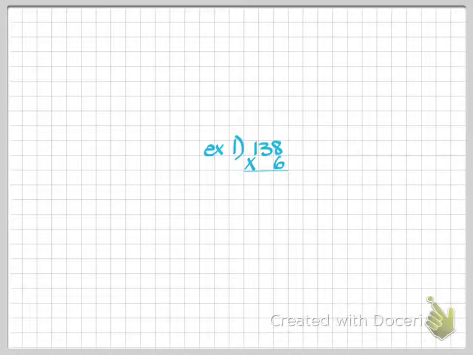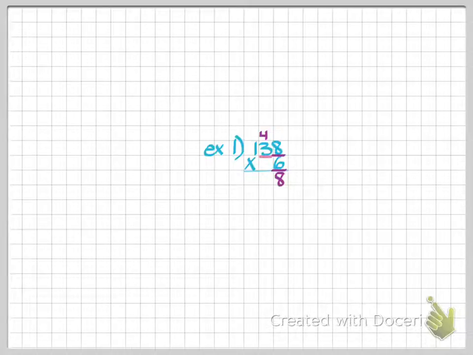All right, so now I'm going to step through how I would have hoped that you would have addressed this problem. So first thing we do is we look at our 6 and we multiply it with our first digit, which is our ones value, 8. So 6 times 8 is 48. We take the 8 and we drop it down below, and then we carry the 4 above the 3, because that's going to move over to our tens value. So that when we do 6 times 3,